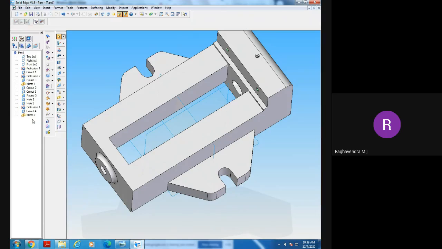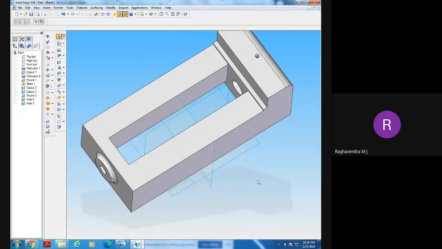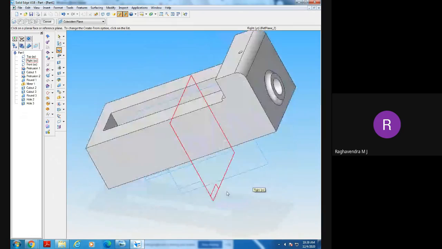Okay, if you want I will show that also. I will remove this and I will remove this one and I will remove this one. Okay. Now go to the protrusion option. Select the